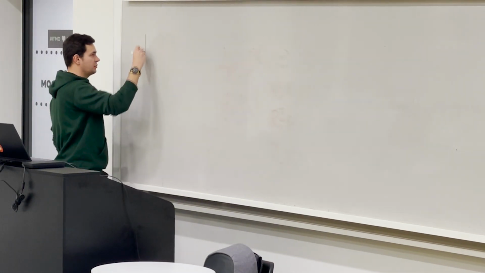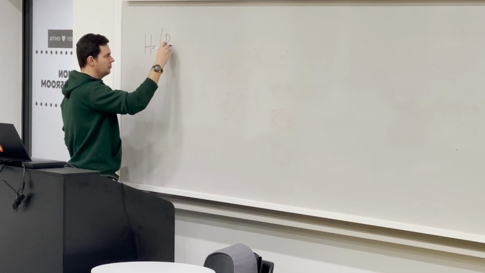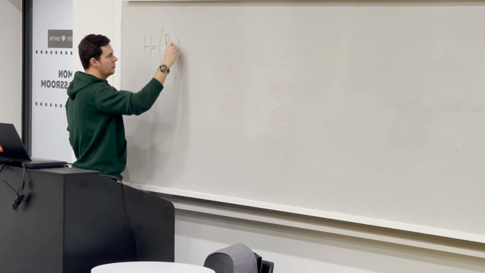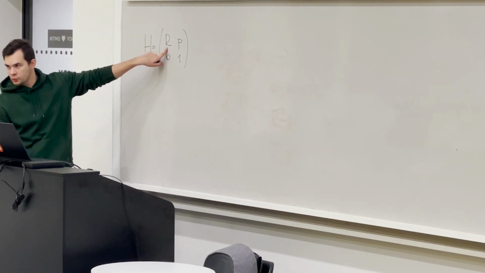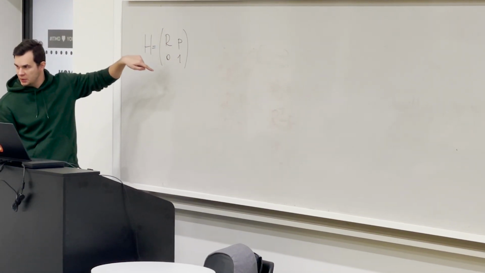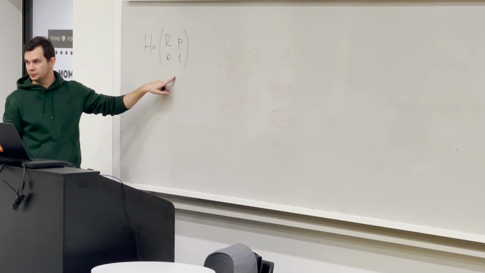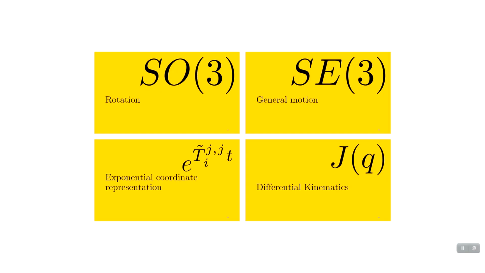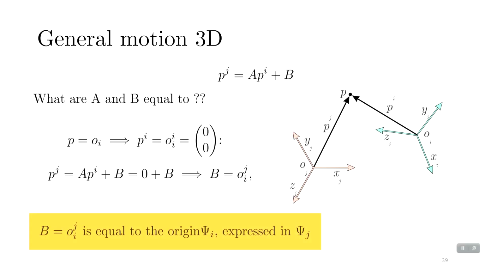The homogeneous transformation matrix is equal to R0 P1. So R will be 3 by 3, and P is a vector of 3 elements. So the result, this matrix, will be 4 by 4. Here I have several slides about how we can derive it. And the idea is that